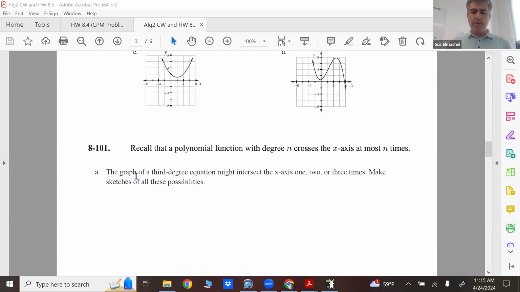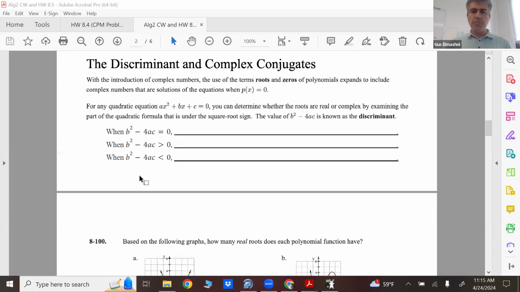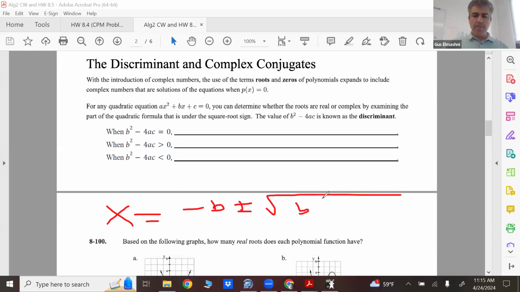All right, discriminant and complex conjugate. And then we should be done in a few minutes. And then we can do the quiz. So, what's the discriminant? Well, first of all, you should know the quadratic formula. And by the way, we'll give you the quadratic formula on the test. You don't have to have it memorized, even though you should know it. But this part right here